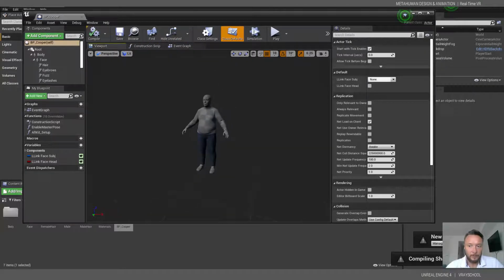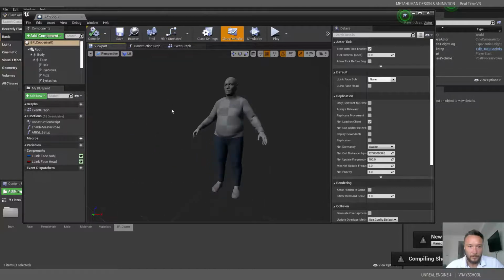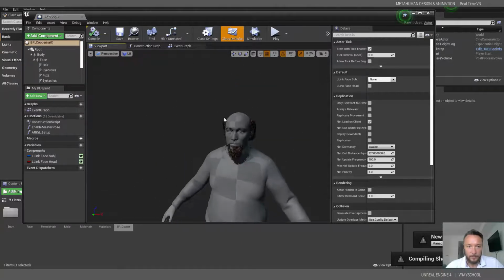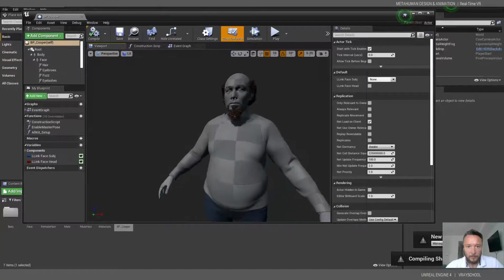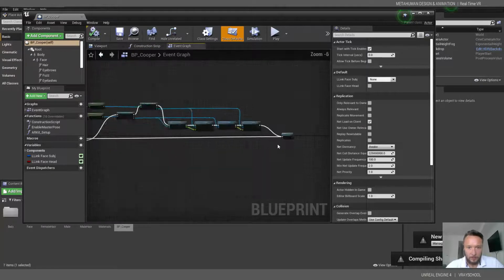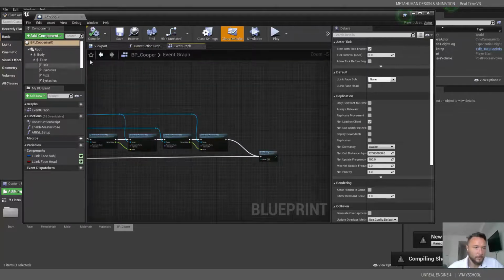Okay, so in viewport we can see Cooper kind of getting his shaders on slowly. Okay, there we go, got the hair, and we got his blueprint, and we got here, I guess, the controllers. Alright, so while it's compiling here,